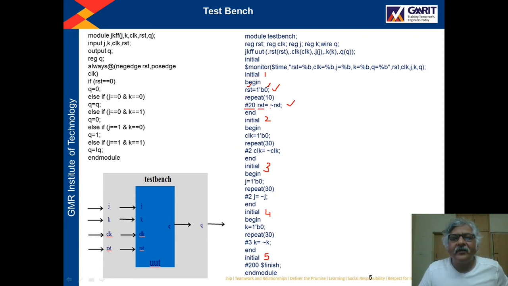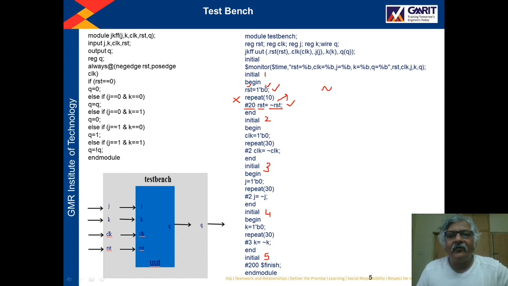For the time being you just neglect this repeat within brackets 10. This symbol is an operator which performs the complement operation over whatever signal you write after it. So here I have written RST, and whatever is the value of RST, it will be complemented.